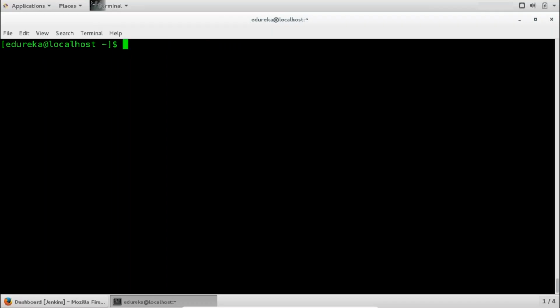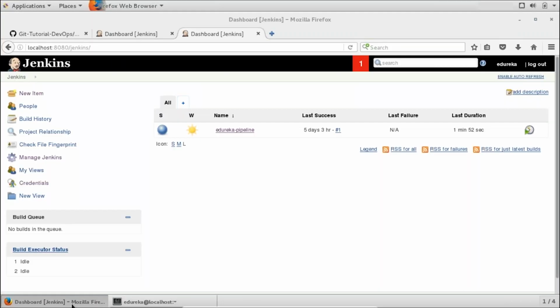So now what I'm going to do, there are few images which are already there in Docker Hub, which are public images. You can pull them at any time you want. So you can go ahead and run that image as many times as you want. You can create as many containers as you want. So basically, when I execute the command of pulling an image from Docker Hub, it will try to first find it locally, whether it's present or not. And if it is present, then it's well and good. Otherwise, it will go ahead and pull it from the Docker Hub. So before I move forward, let me just show you how Docker Hub looks like.